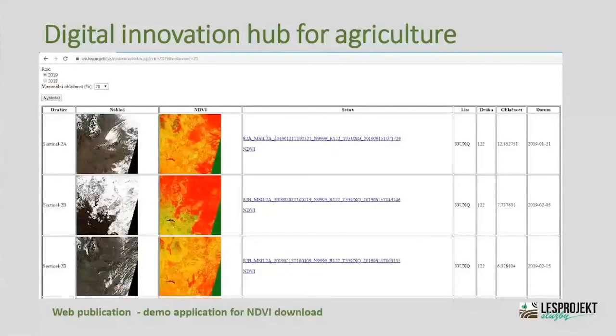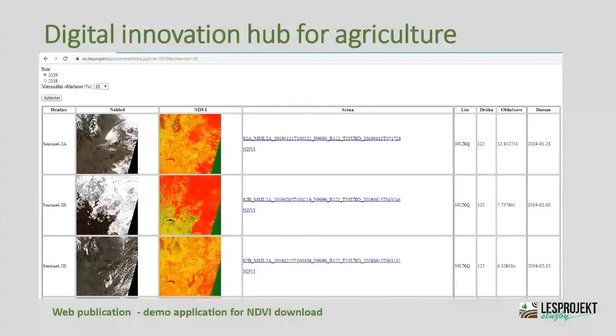For a very quick overview, we have prepared a quick and dirty application where you can see the visualization. There is a database behind. In the database, you have information about Sentinel-2 data, I mean the nomenclature of the sheet, the track, amount of clouds, and dates of the image.